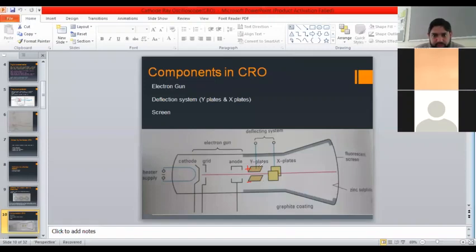चलें, मैं इसको, like if I connect Y plate to a cell like this, so I have connected a cell between the Y plates. Positive terminal of this cell is connected to the top Y plate and negative terminal of this cell is connected to the bottom Y plate. Okay, so now tell me, that beam of electrons, these are electrons which are passing between the Y plates, what will happen to this beam of electrons? Will they keep going straight or will they deflect?